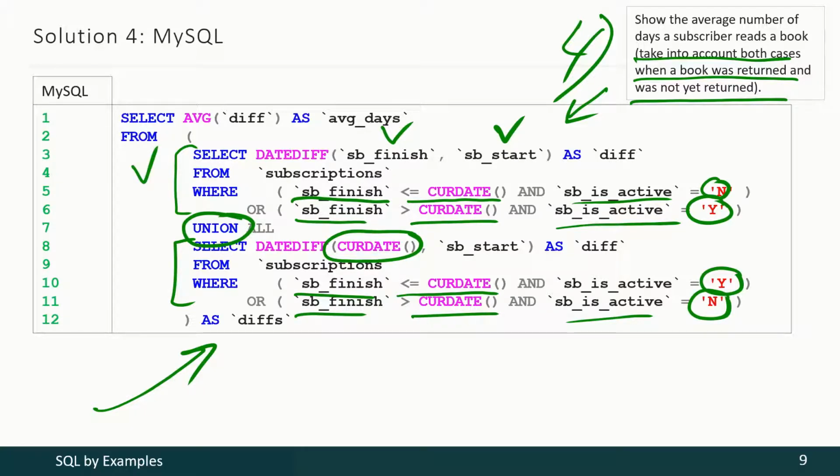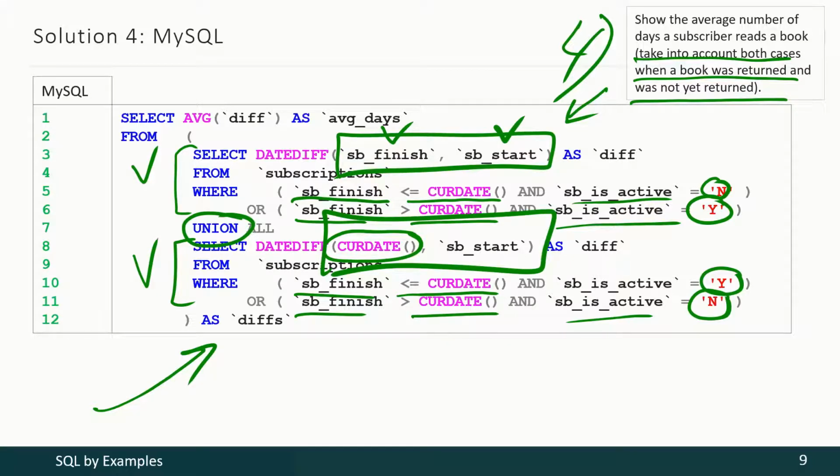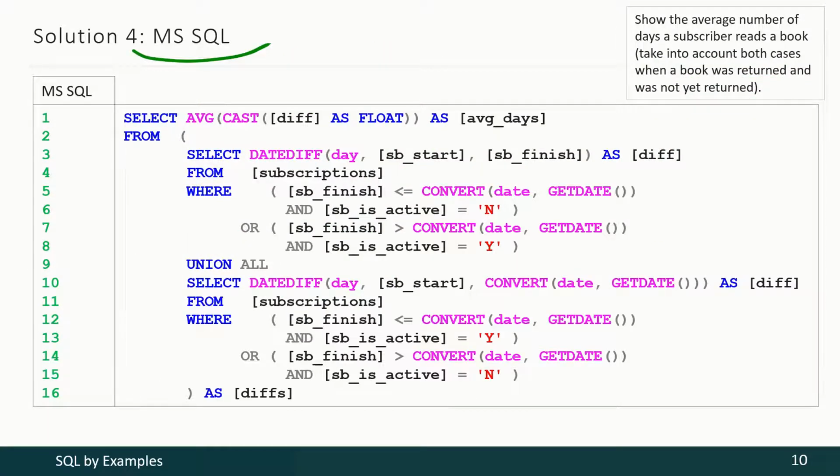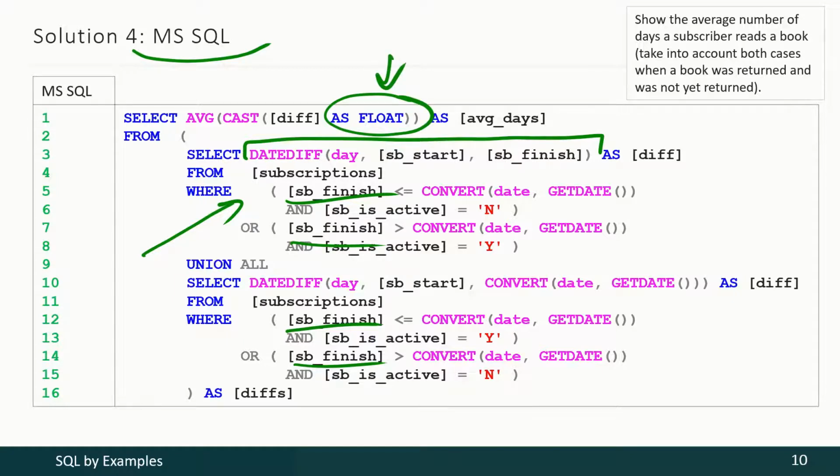In our library, we decided to calculate those date differences this way. In some other library, the approach may differ. Nevertheless, we calculate that difference between dates, and then we pass that difference into our AVG function, and that function produces the final result. For MS SQL, the approach is absolutely the same idea about those 4 situations. The only difference is how to calculate the distance between 2 dates, and of course we have to convert the result into float data type in order to get correct average results.